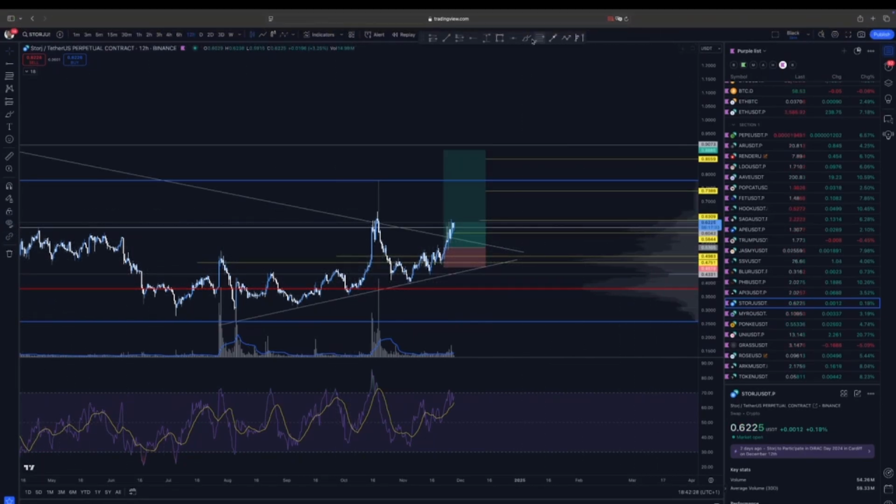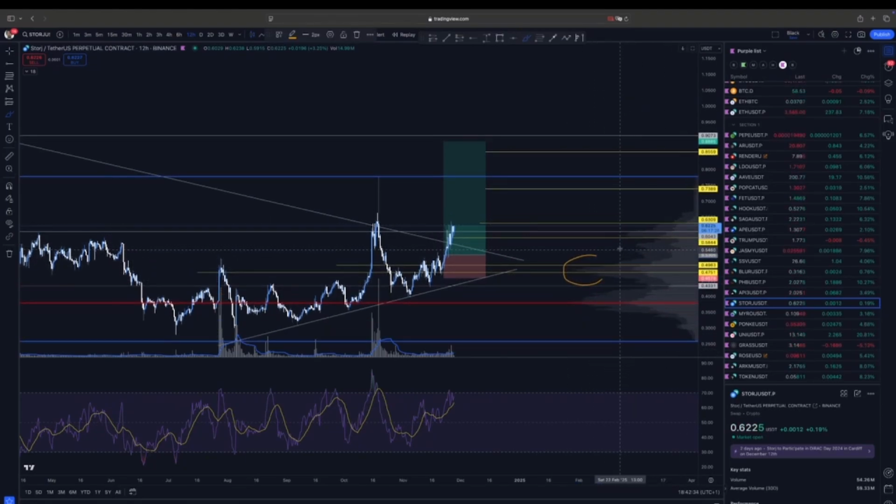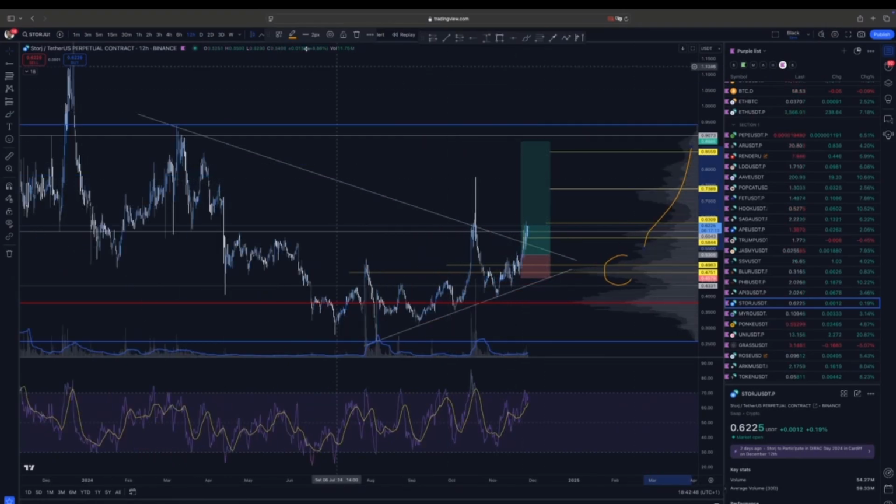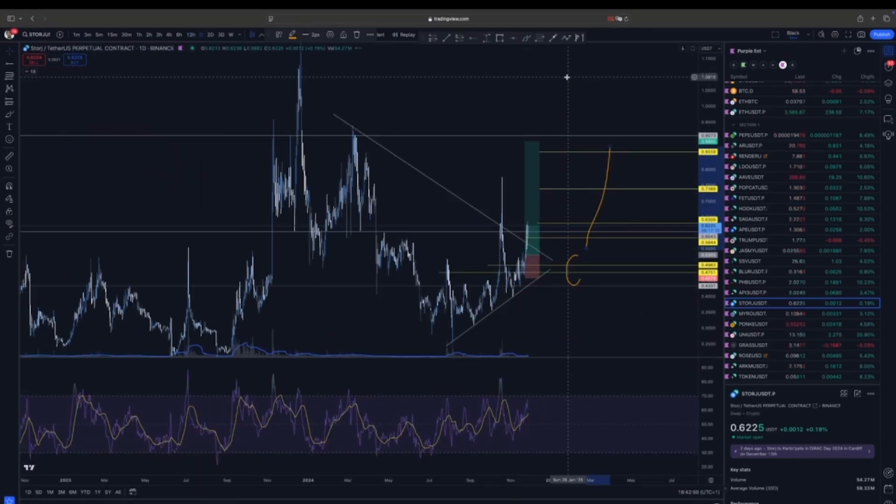So once it broke this heavy volume, all you really had, if you look, is air. There's literally nothing up here. So for me, you break this, you have very little volume, which means it doesn't take much to move this all the way to the top. So for me, I use volume profile. Let's go back to the daily